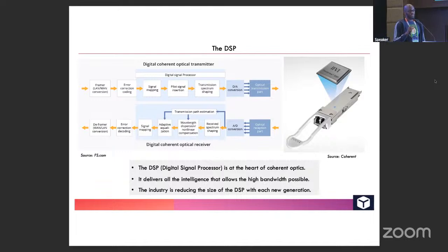So the DSP does consume a significant amount of power, but that definitely does not outweigh the benefits you get in the increased capacity and increased intelligence. The DSP is also where we solve a lot of the linear and nonlinear impairments in fiber, specifically chromatic dispersion, is where you can solve it in the DSP. So you do not need